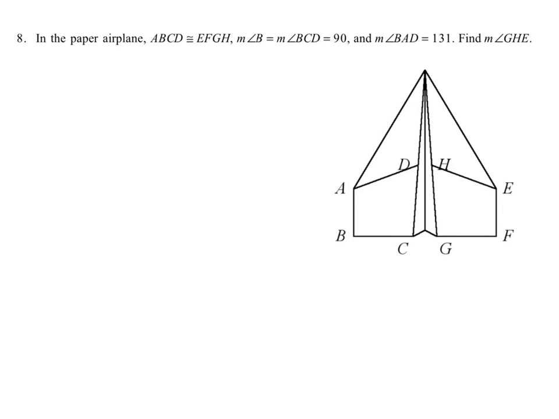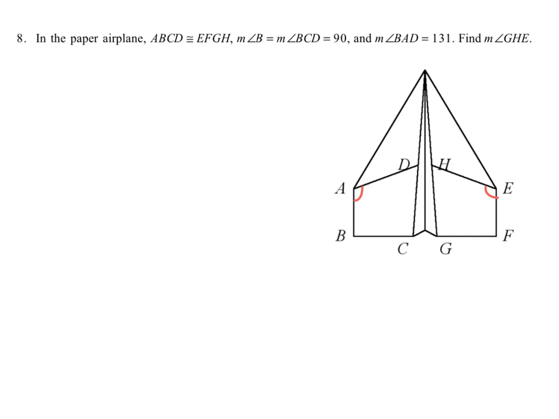Okay, in the paper airplane, they're telling us that ABCD is congruent to EFGH, and that means that the vertices also match. So what are we going to do? We're going to say, okay, A then is the first letter in that figure, ABCD, and E is the first letter in EFGH. So this and this,